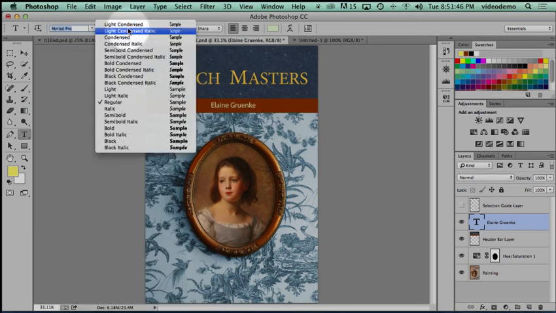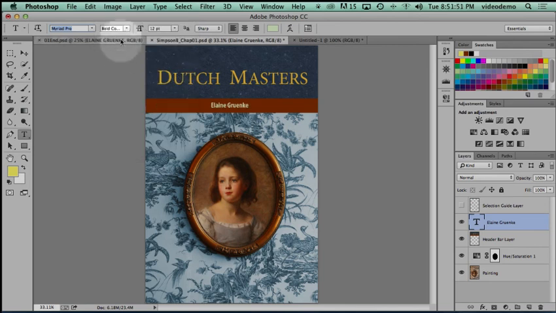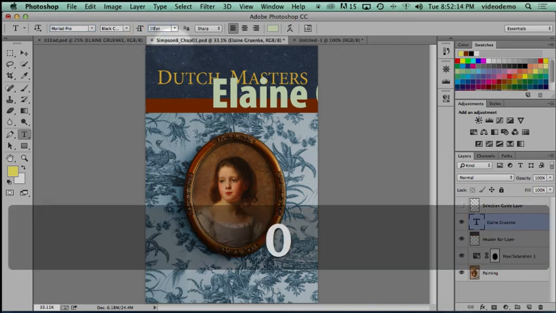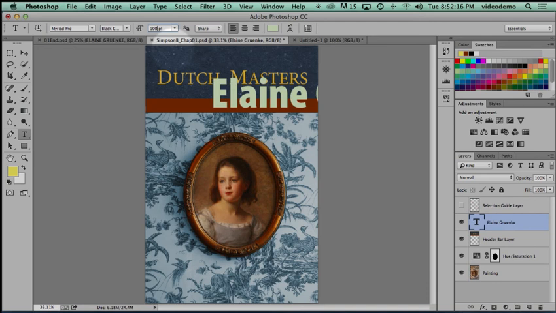Now there are styles that come with these fonts. Light condensed, semi-bold, bold condensed. So we can try some different styles out to see if we like it. We've got our point size. Now this menu has a list of sizes, and it goes up to 72, but you're not limited to 72, okay? There's actually a couple ways you can do this. We could type in a number. We could highlight that number and maybe go to 100 and hit enter or return, and it's now 100 points,